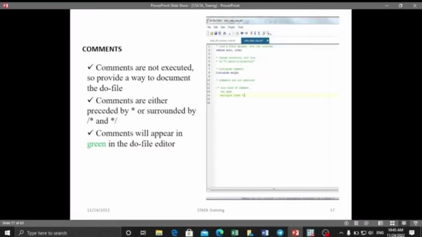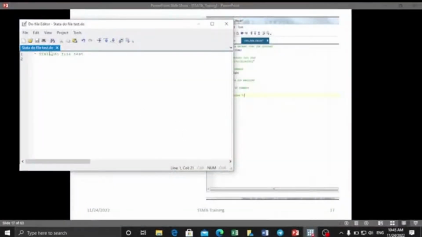A comment is any type of description that is not executed. We don't use it as a command. A comment is not executed, so it is all about description, or detailed information for our command. We can write a comment in two ways. The first way is to write star, then a space, then write what we want to write. Or we can also use star, then forward slash, and I can write, for example, do file is used to store the list of commands,